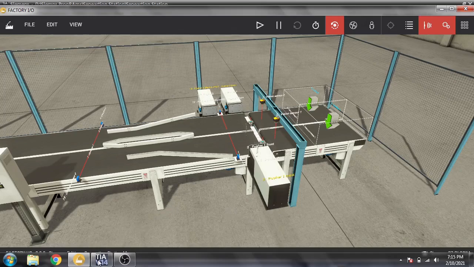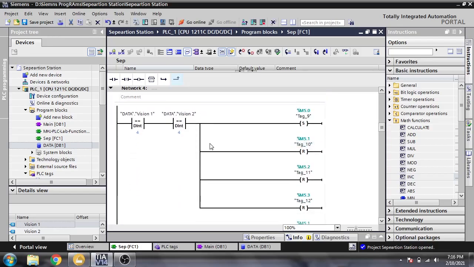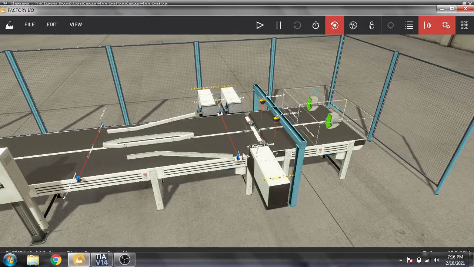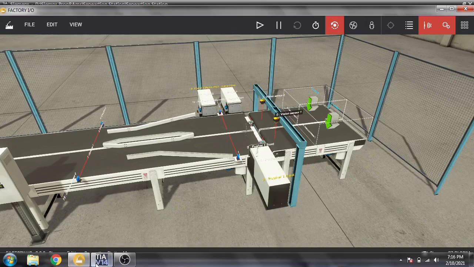Then next, if we have both 4, what does that mean? Both have a green value, both have a 4 value. Then what will it do?